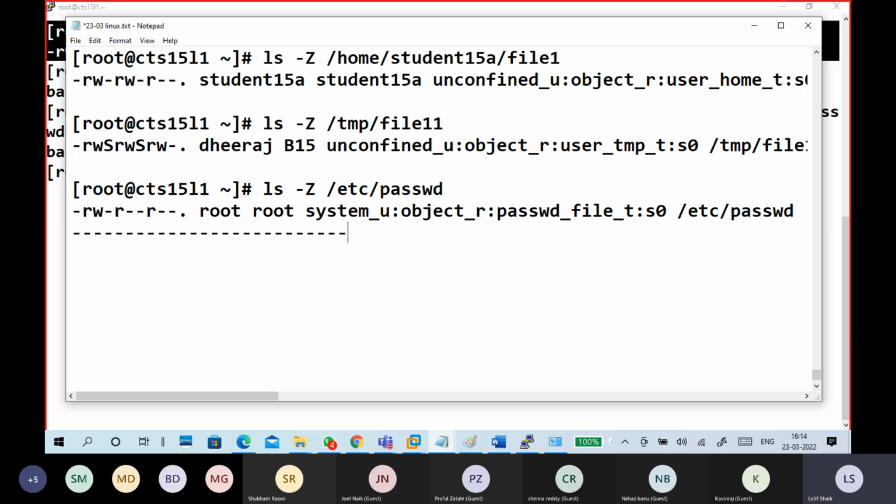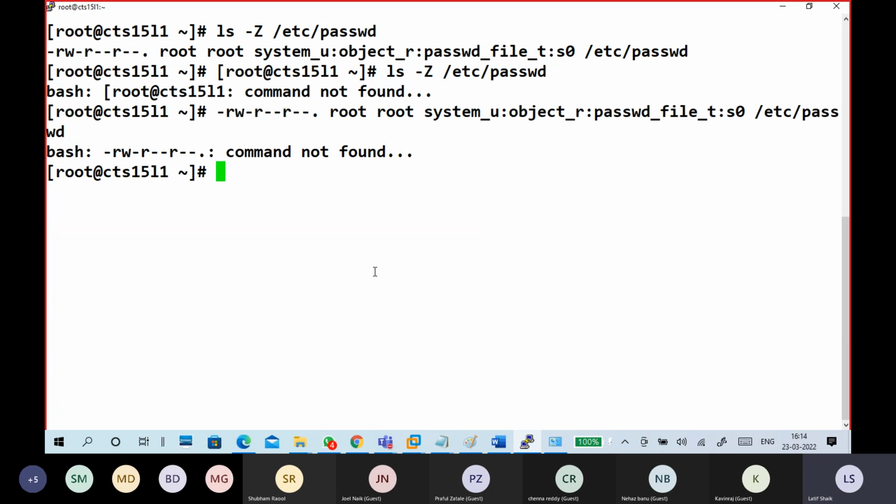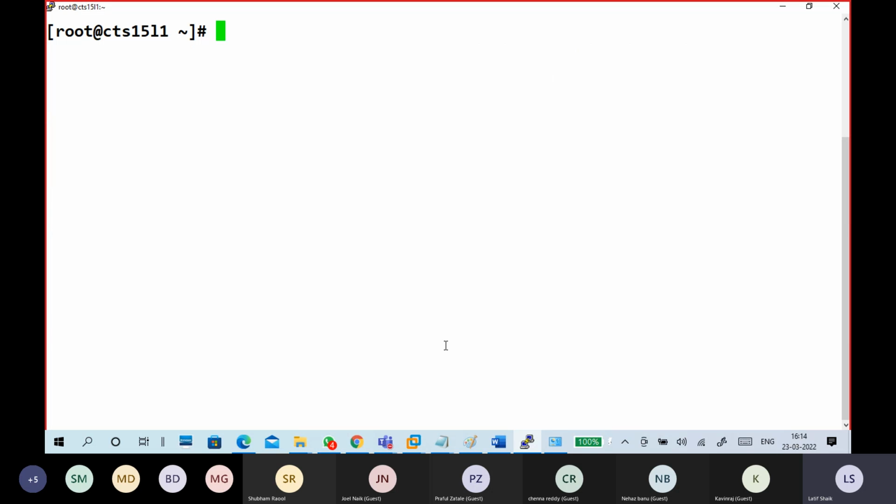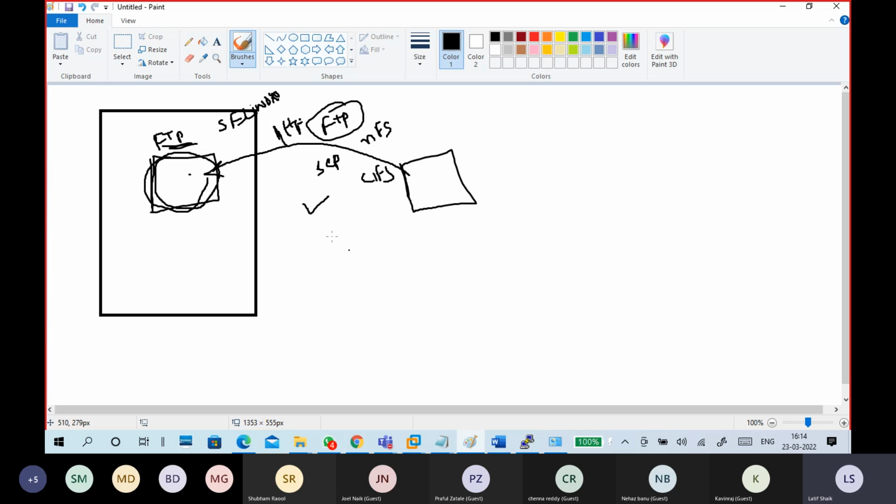So if you want to access the file, the service related to the content must match. For example, HTTP content must be there, FTP content must be there, like that.